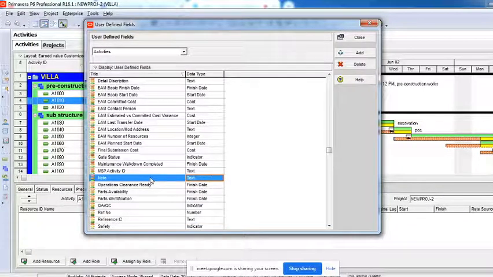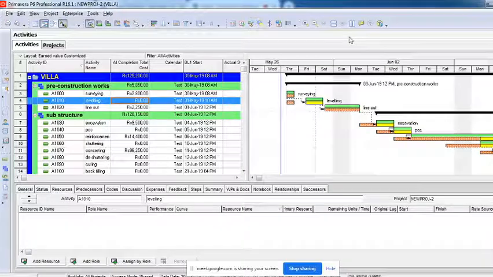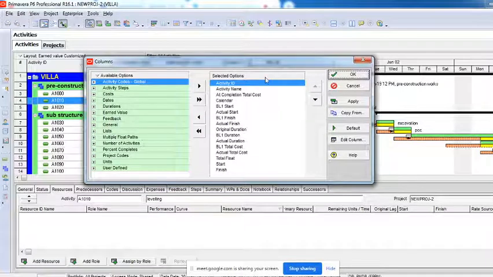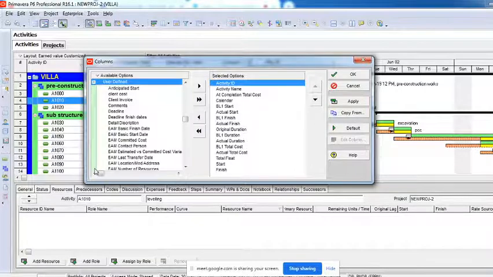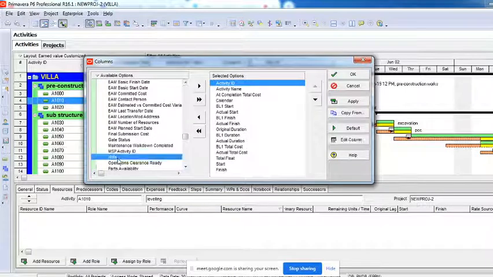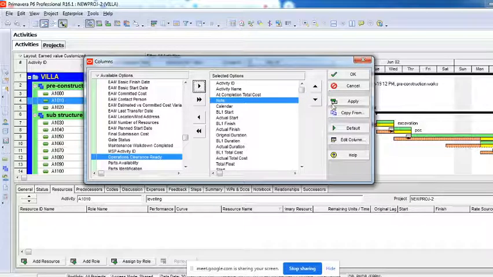So you have to be very careful while selecting the data type. If you select date, then you will find a calendar in the columns. I'll show you that also. Let me complete this. I have created note as the title and the input as text, and I'll say close. I have already created the column. It's only to insert now. In the columns option, there is something called user defined. I'll go into this. You can see this note I have created. I'll bring it to the other side for the selected options and then say apply.